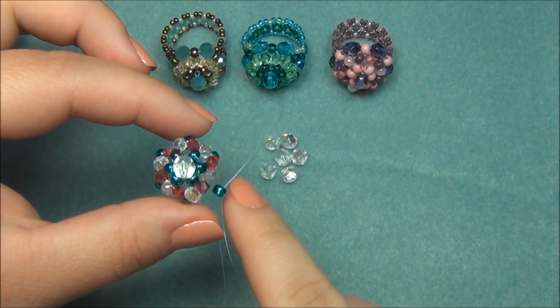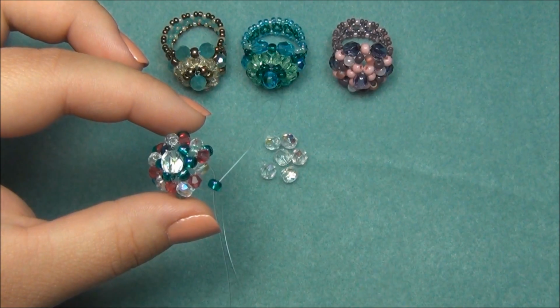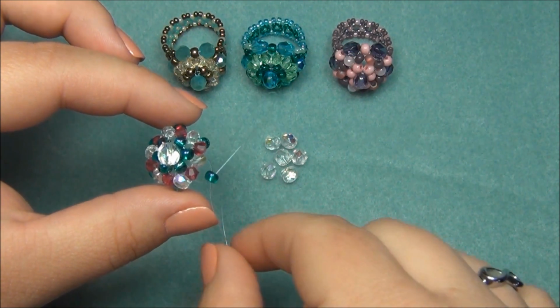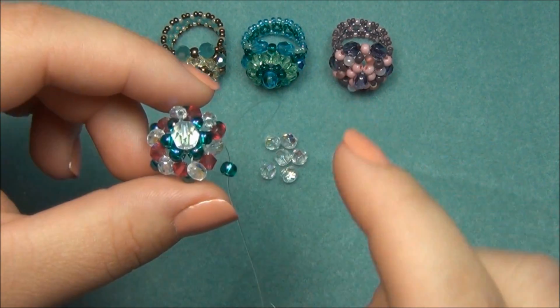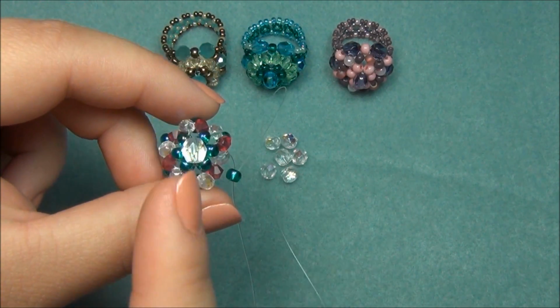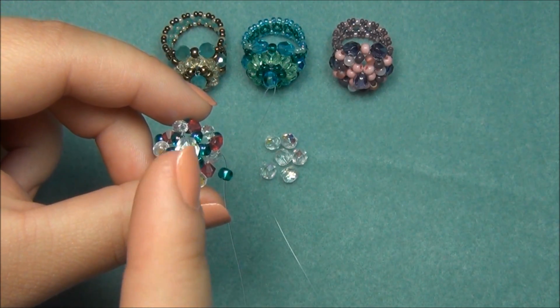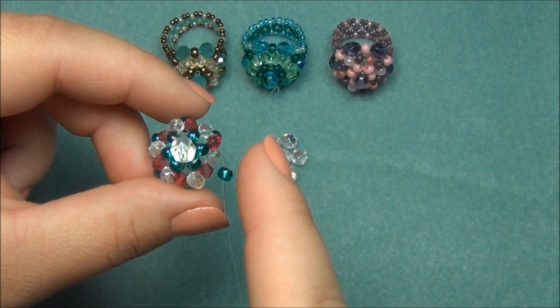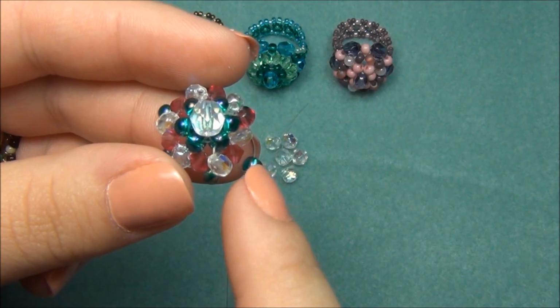So right now our strings are exiting out of this 6/0 C bead. Every time I've made this, the string right here has always been longer than this one. And we need our bead in the middle, we need the hole to go this way, straight up and down with our fingers. So what I'm going to do is take the longer string, which is this one right here,